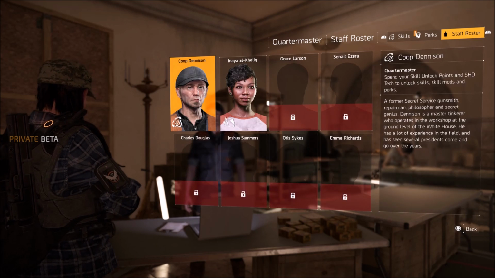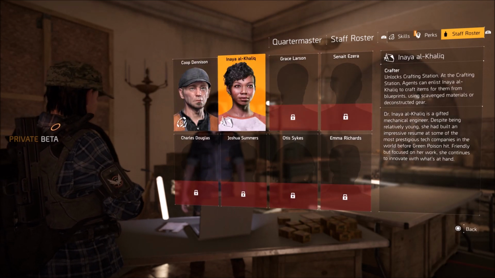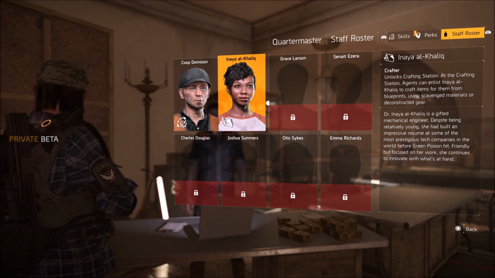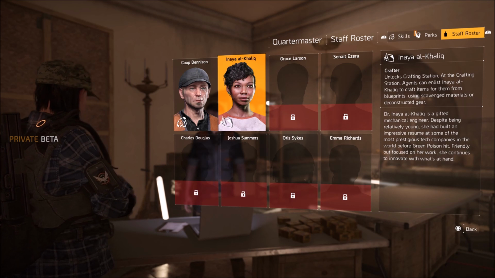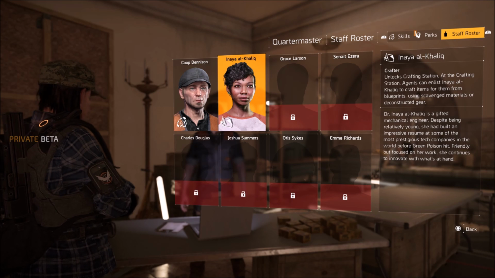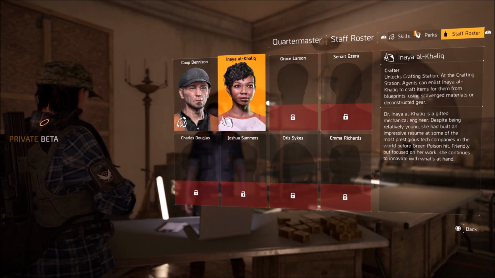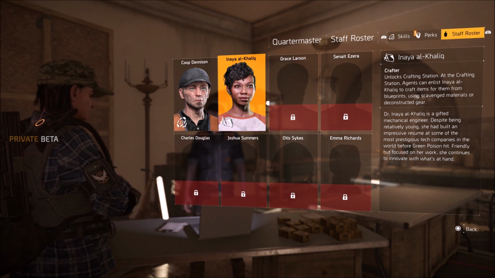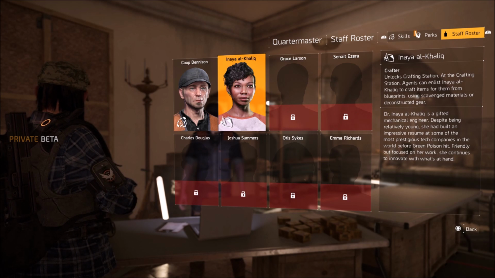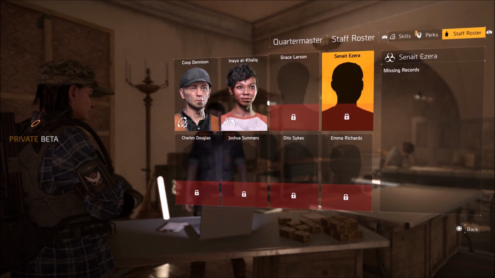On top of that, staff roster, which is something else new. As you go through the game and you go through missions and some of the side missions, you can recruit people to actually work for you. So I did one of the first story missions, and then after that I had the option to recruit Enea, I hope that I am pronouncing that properly, and she is going to be the person that crafts things for me here at the crafting station in the base of operations, which is pretty cool. So I have to go in and see if I can unlock any more of these people